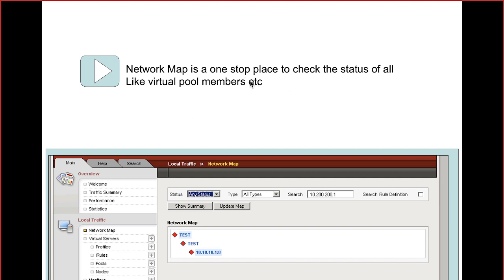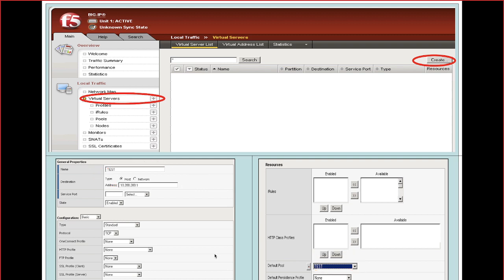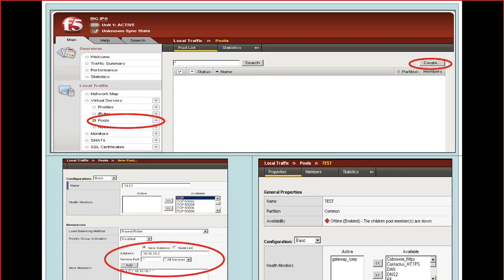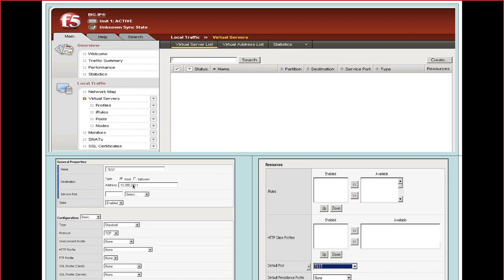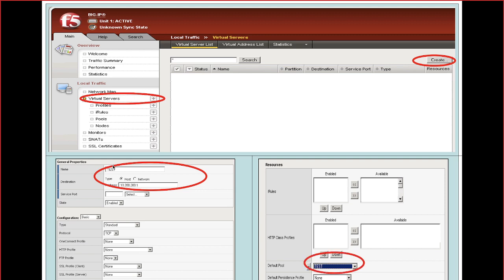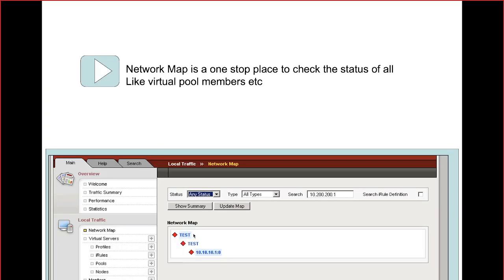Right? So network map is the one that will give you the details. See, in the network map we can see test, and then the IP address is going to be 10.1.1.0. What is the name of the pool we have created? You remember that? What is the name of the pool we have given? Test. What is the name of the virtual server we have created? This is a virtual server. What is the name we have given? Test. See, test is what we have given. So when I say network map, first it will show you the name of the virtual server, what pool it is associated to, and who all the members associated to that pool are. I'll show you that one, don't worry.